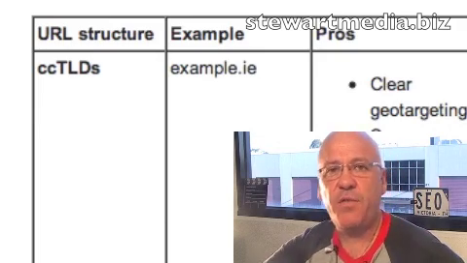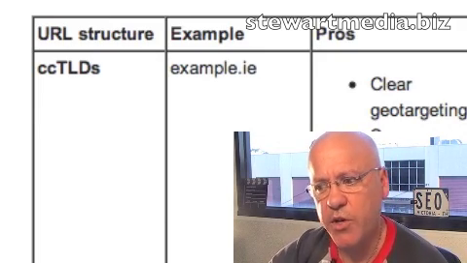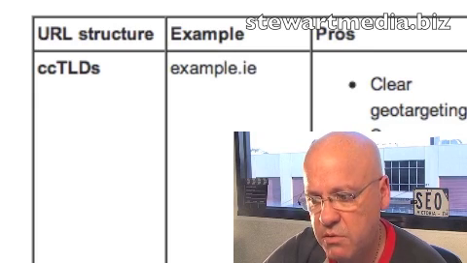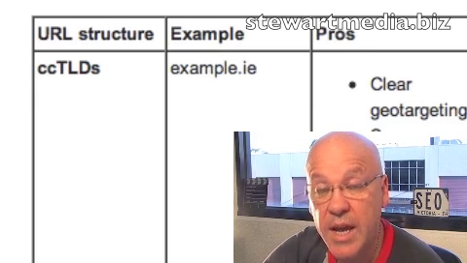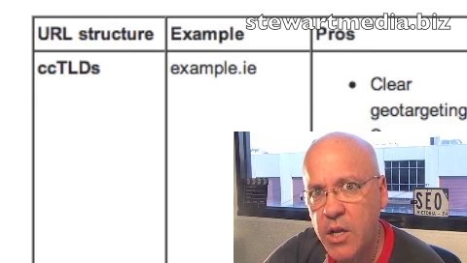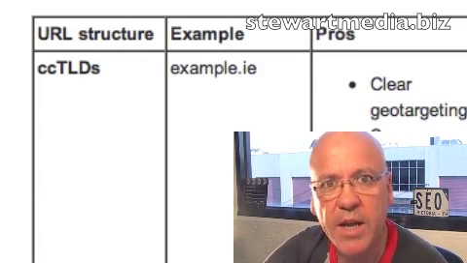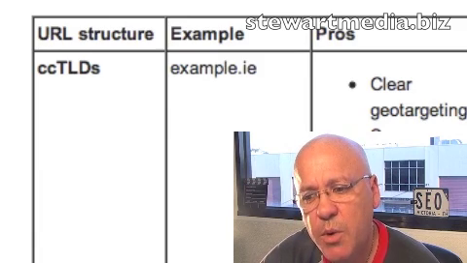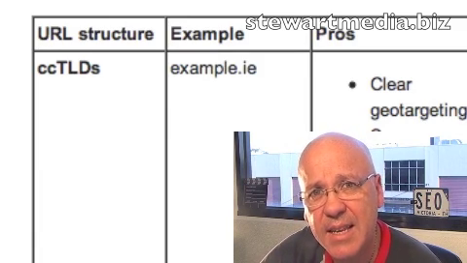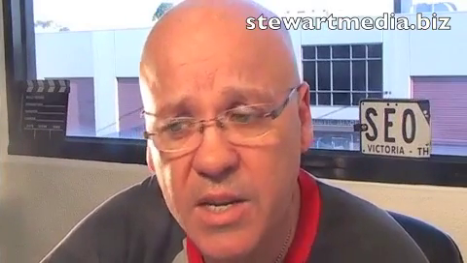Now, for instance, if you've got a .com and you want to use that to target just the US, do that, set it up in Google Webmaster Tools. If you've got a .au and you want to target users in Australia, the recommended way to do it is that you would have both domains pointing at the same website. You're not going to cop a duplicate content issue if you set it up separately in Google Webmaster Tools.